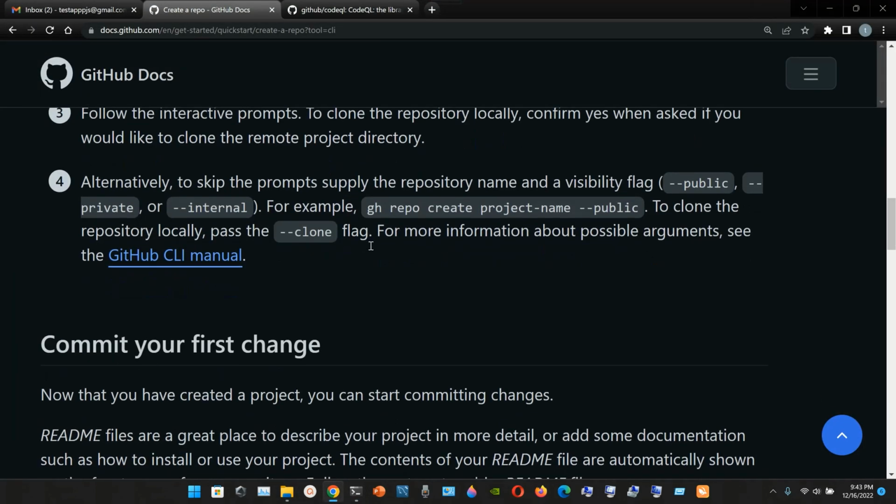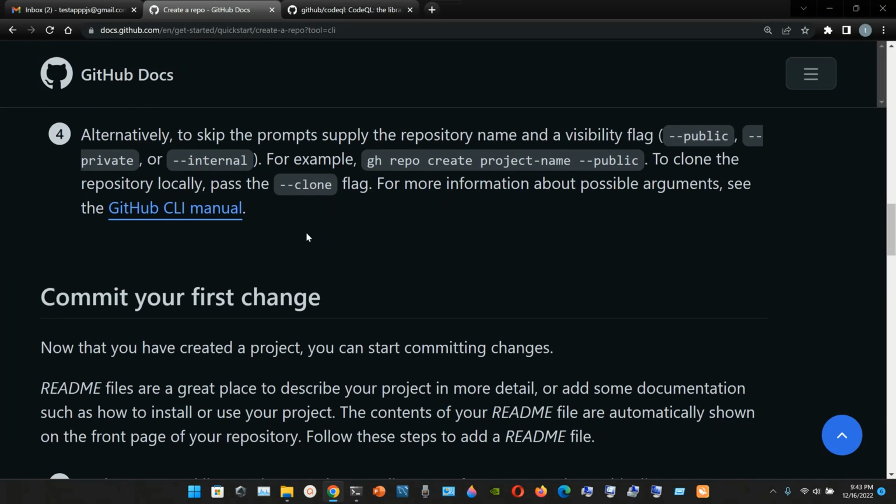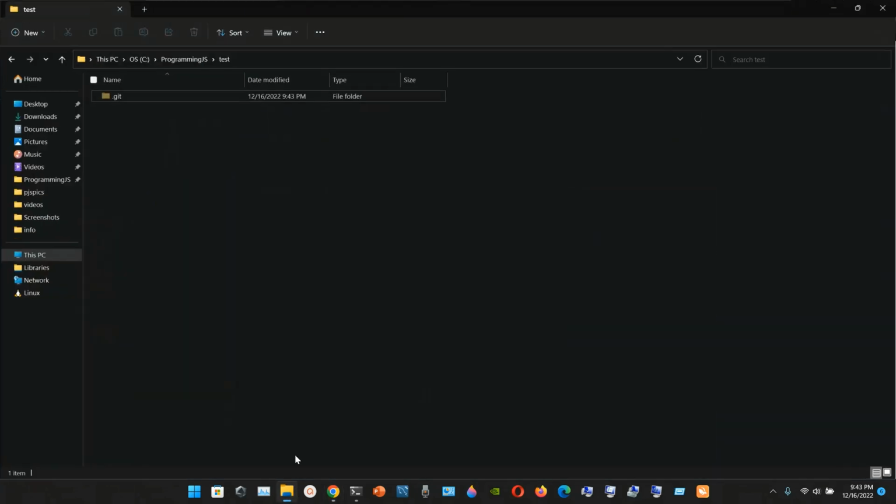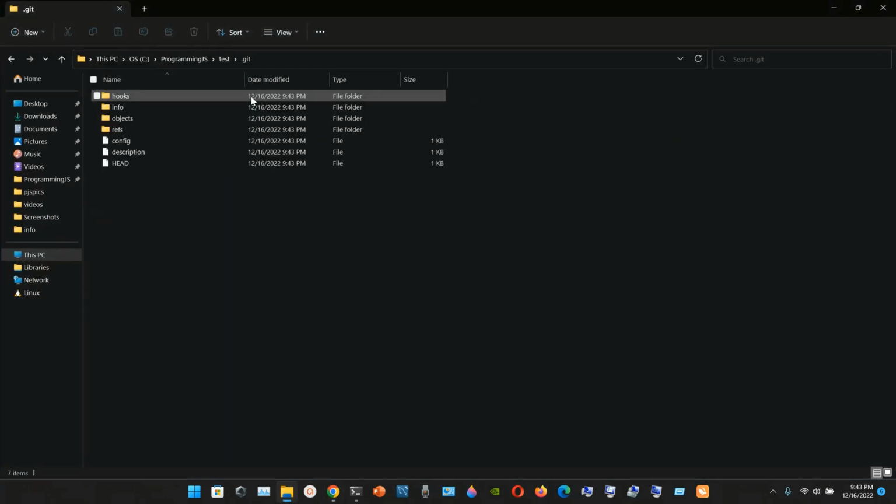To clone the repository locally, pass the --clone flag. For more information about possible arguments, see the GitHub CLI manual. So yeah, this is our repository. So we have hooks, info, objects, refs,